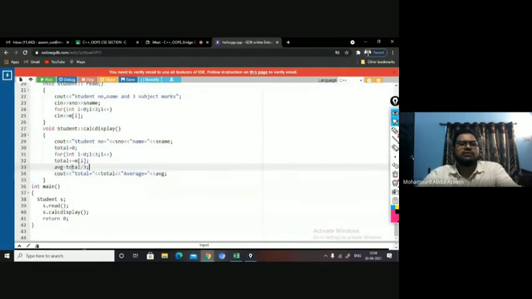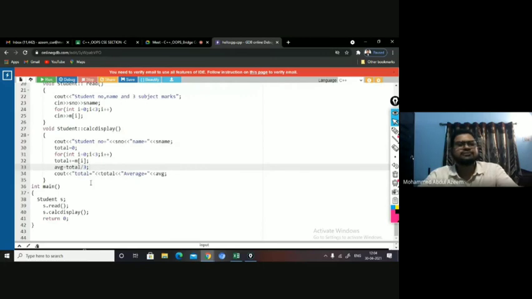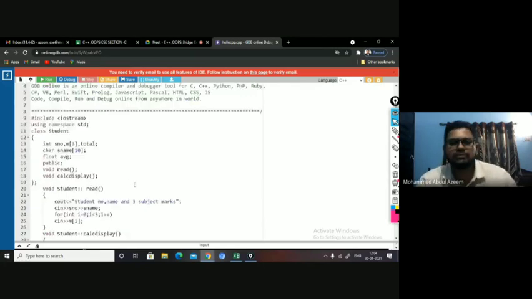You can write wherever you want, no issue, because the binding will automatically take place with the help of this scope resolution operator. What this scope resolution operator is doing is binding this particular function with this respective class, right? You can write in any order, right? This function source code, while you are writing outside the class, you can write in any order, no issue, right? That doesn't matter. I hope this is clear to all of you.